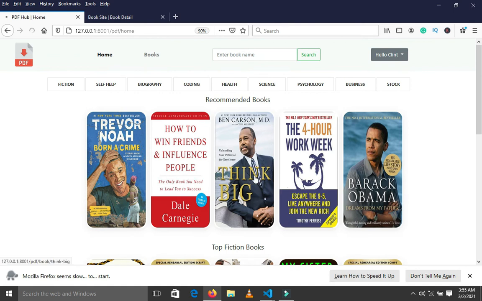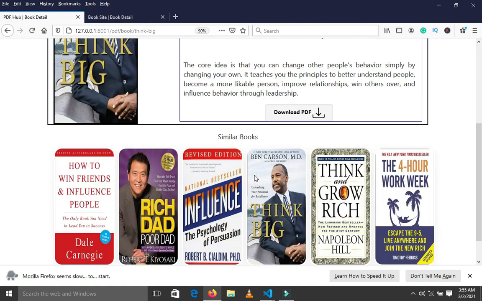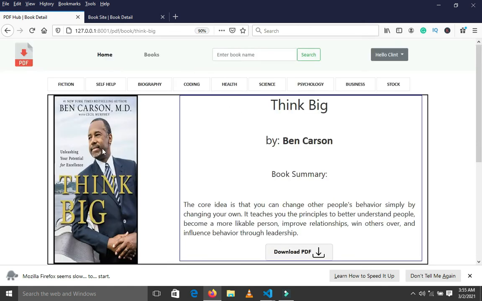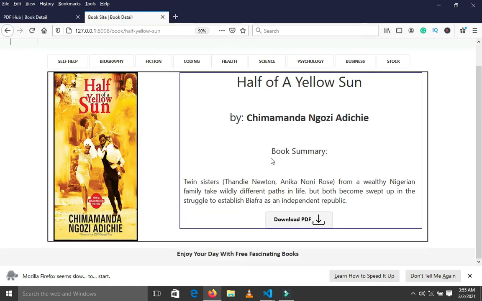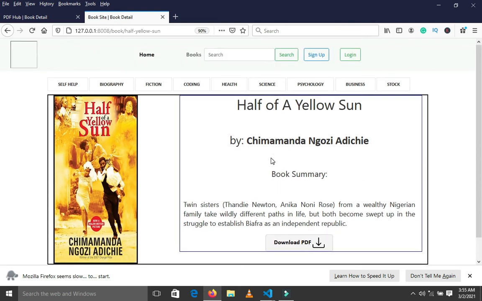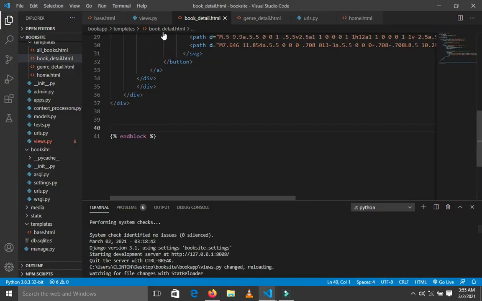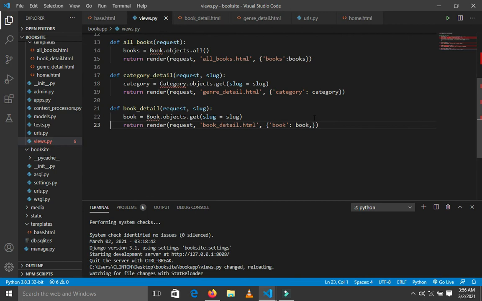So I want to build this particular section where I'm going to get similar books to the said book we have on top here. So let's build that. Once we do that, we apply it on our current project too. So let's go do that right now. I'm going to get down to my views.py. I'm going to create a variable called similar_books. You can call this anything. So similar_books should be equal to